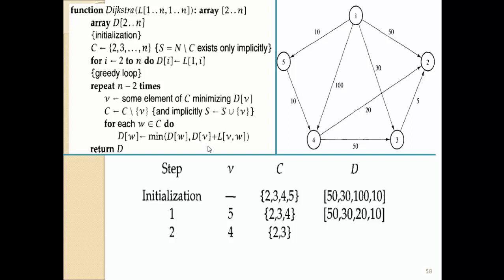So d of 4 is equal to 20 plus L of 4 to 2. Is there any path from 4 to 2? Yes, there is one path from 4 to 2. So d of v, that is our 20, and L of 4 to 2 is also 20. So 20 plus 20, 40, and d of